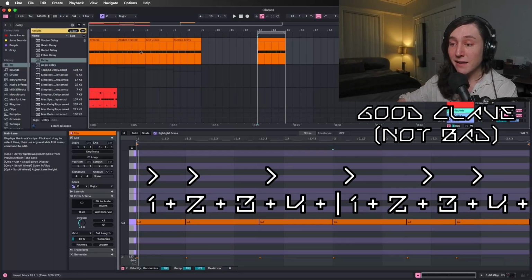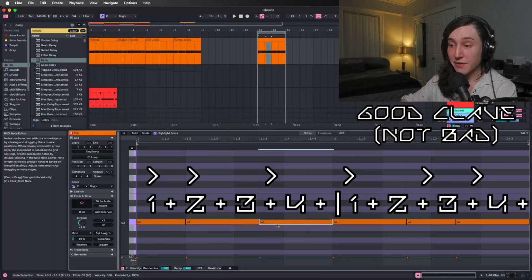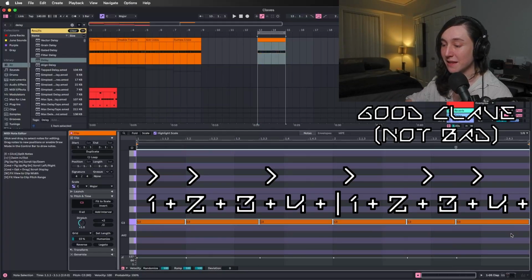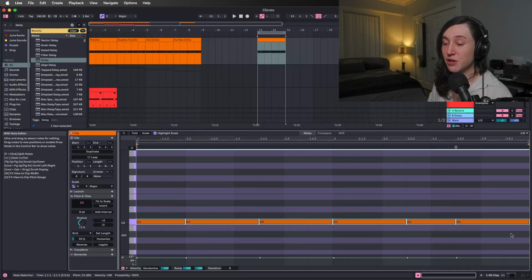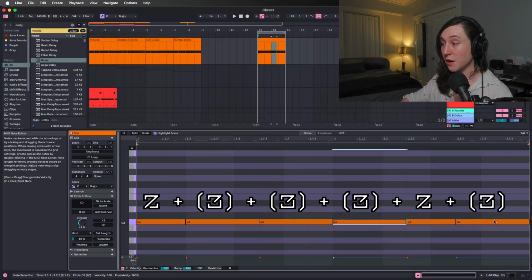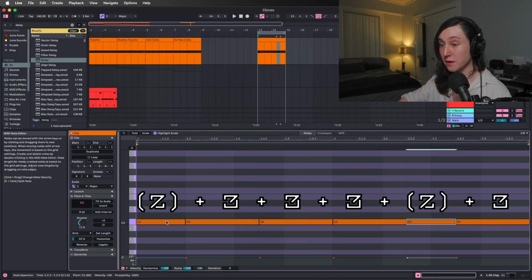We have a nice balance of notes that are on the beat and off the beat. And also there's space to develop. It's not particularly busy. So the process for writing something like this is actually very simple. I mentioned that the double tresillo is 4 groups of 3 and 2 groups of 2. Well, if you look across this rhythm, we have 1, 2, 3, 4 groups of 3, and 1, 2,